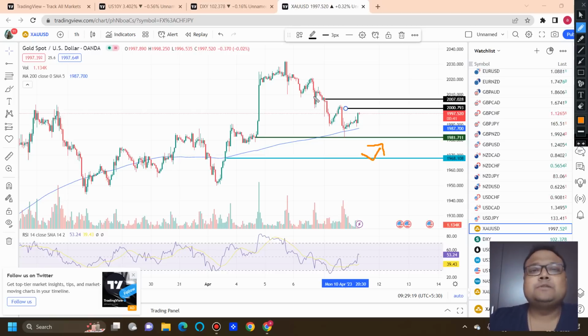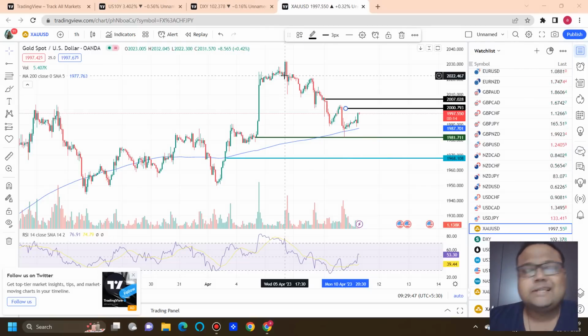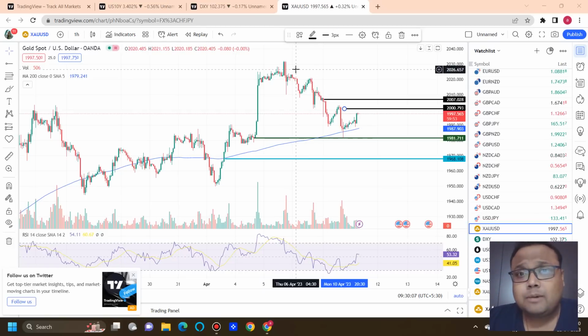because overall we have seen that the market has been respecting our levels, and this is the next level. If not a trend reversal, at least we can expect a bounce like this on the chart of gold, and a bounce like this will be sufficient for a day trader. This is a level good for day traders, not for swing traders, but still 60 to 70 pips is quite decent, isn't it? So that's all about the market.